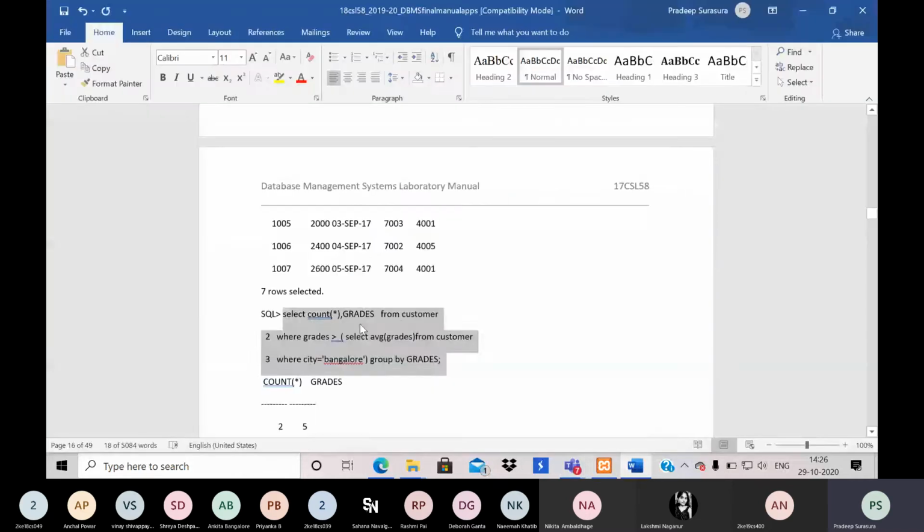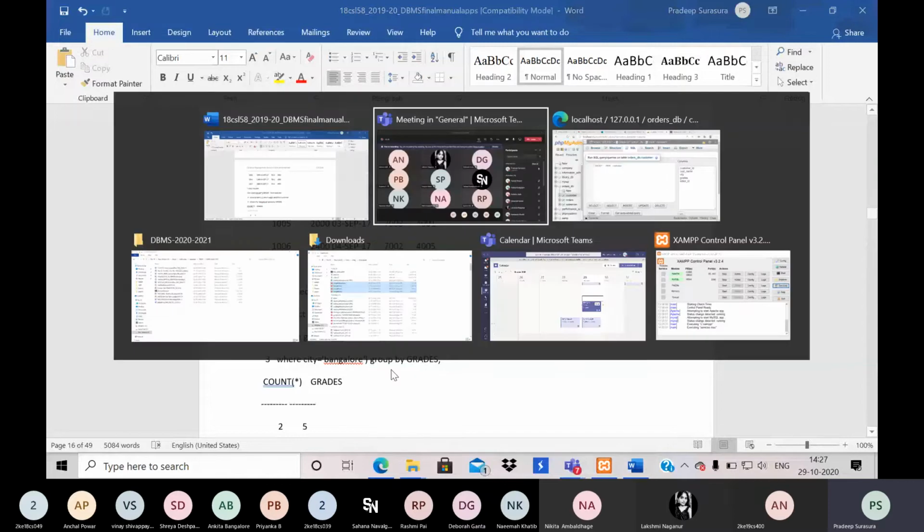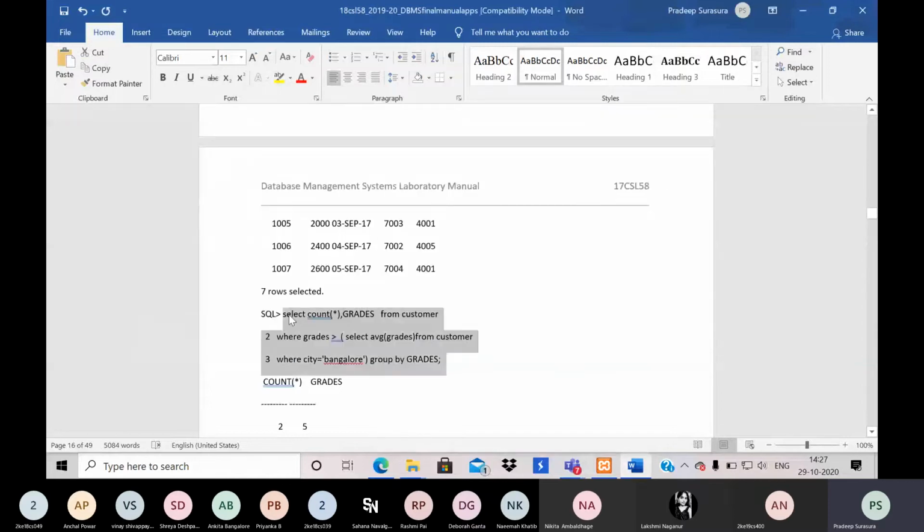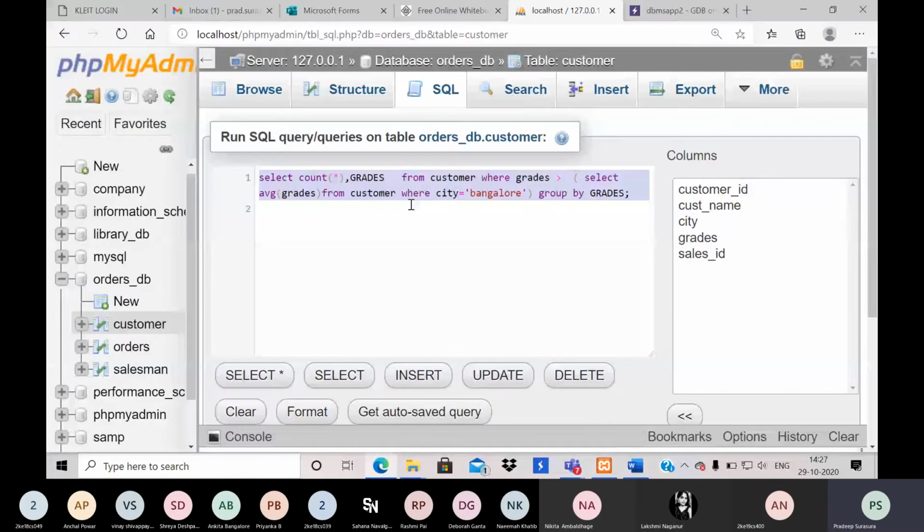I need to find the grades of customers who have a grade greater than the average of one particular city. Correct. For a particular city, it was 4.